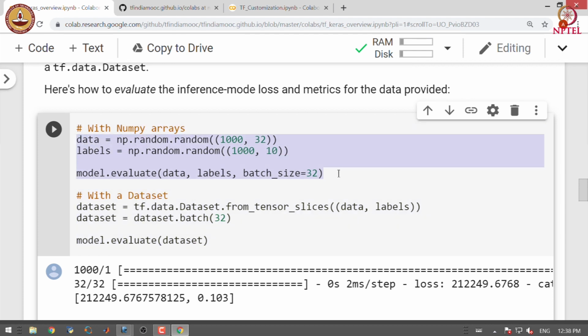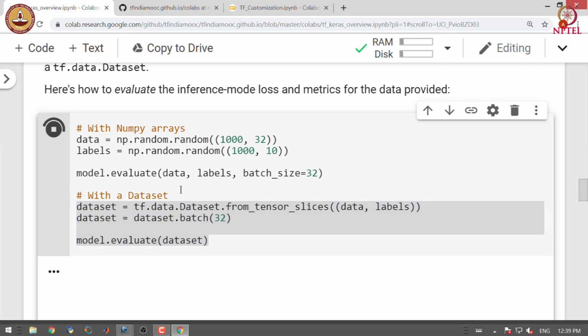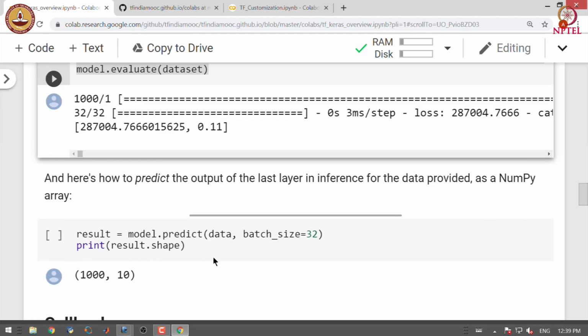In this part we calculate the loss on the training data when the data was stored in memory through NumPy arrays, and in this particular part of the code we demonstrate how we can calculate the loss on the training data when we read the data through the dataset API. Finally, we use predict for inference.